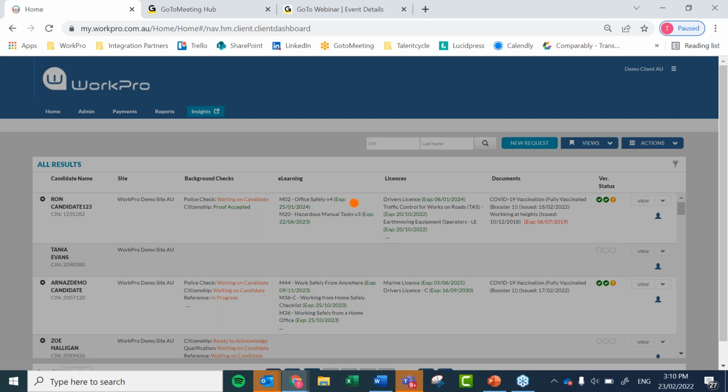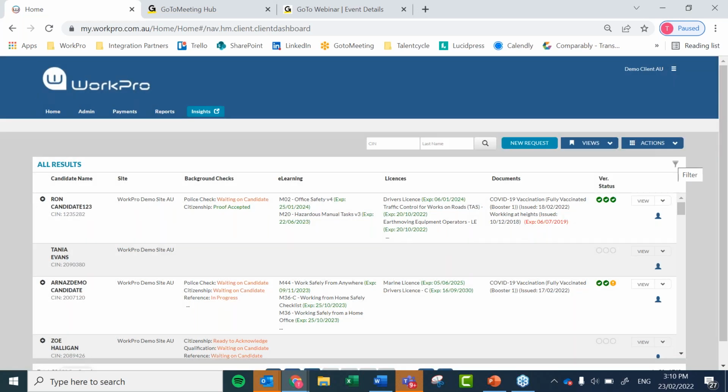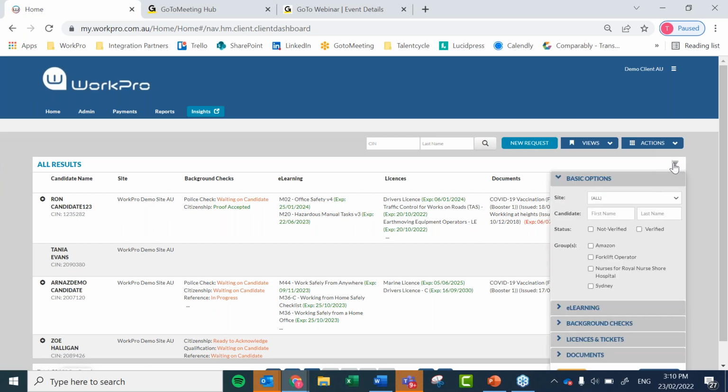There is no bulk verification opportunity for vaccination. So for those that are used to using the bulk e-learning verification or a bulk Vivo verification, there is no opportunity to do that because we expect that you're going to want to look at the digital certificate and determine the authenticity of that certificate. So in order to make that a simple process for you to gather up all of those that have been